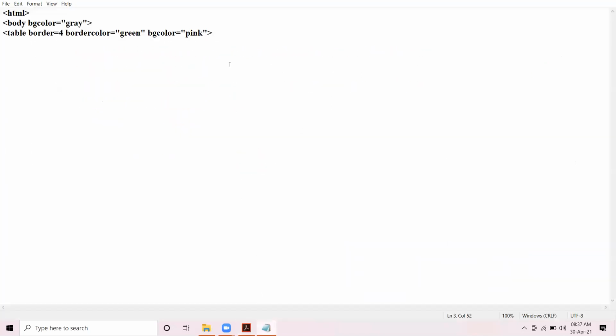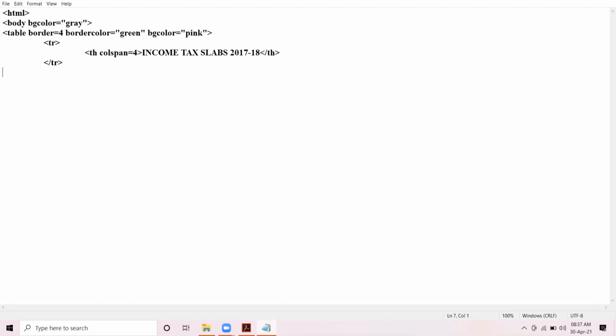That means here we will create the header row. For creating the header row, I am taking TH, colspan equal to 4, income tax slabs 2017-18, and I close the header row.